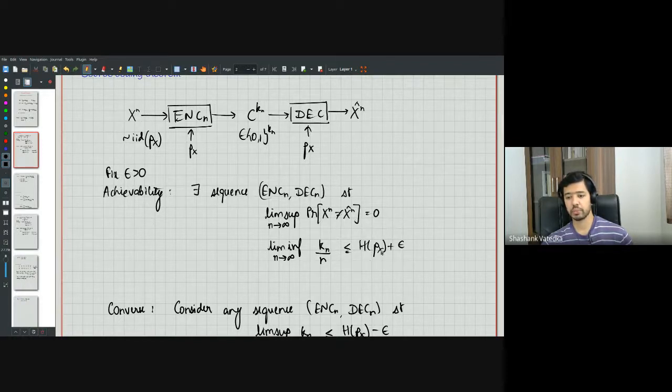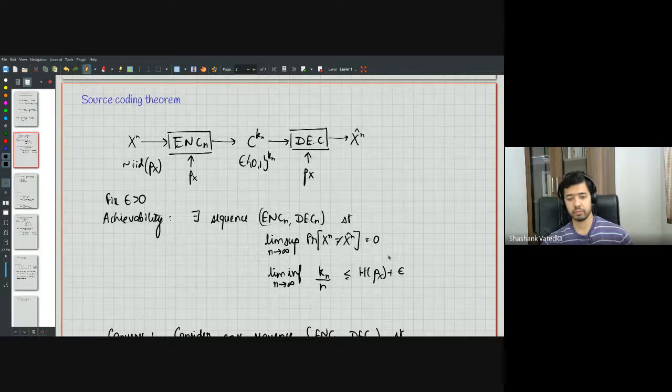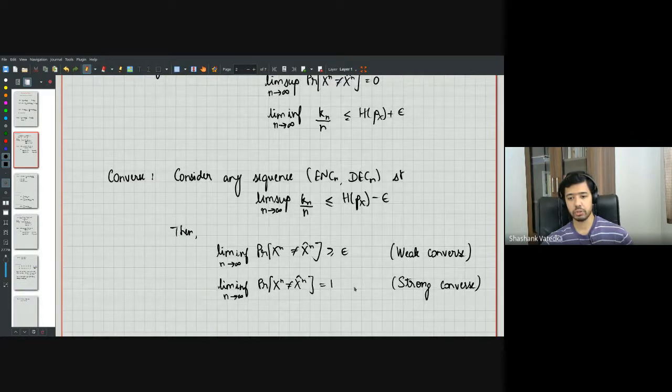So for every epsilon greater than 0, we can make it arbitrarily close to the entropy. We can make it epsilon close to the entropy. All right. So this is only the achievability part of the source coding theorem. So the achievability part says that you can construct compressors which achieve this particular bound, but there is also a converse which says that